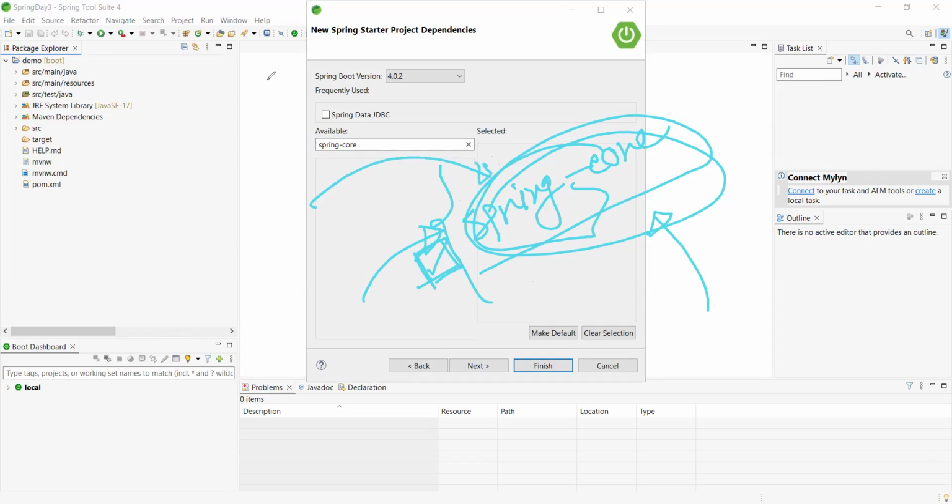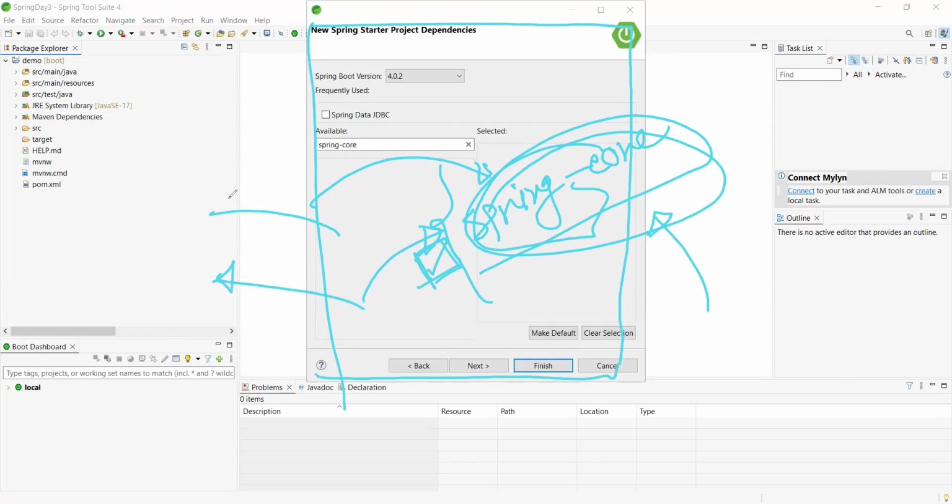So by default, when we are creating a Spring Starter project, this STS automatically, internally includes and adds the Spring Core module. Have you got my point? Got it. That is why we can't find it here. It even includes some more modules like Spring Bean, Spring Context, and Spring Boot. It includes other modules also. Is it okay?